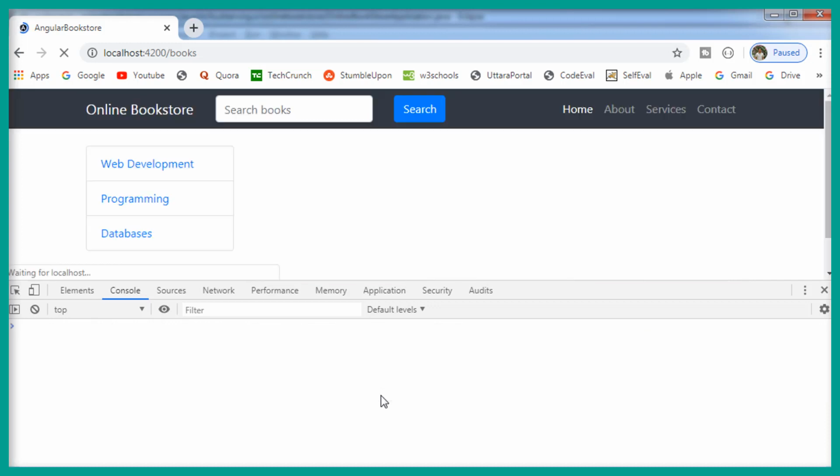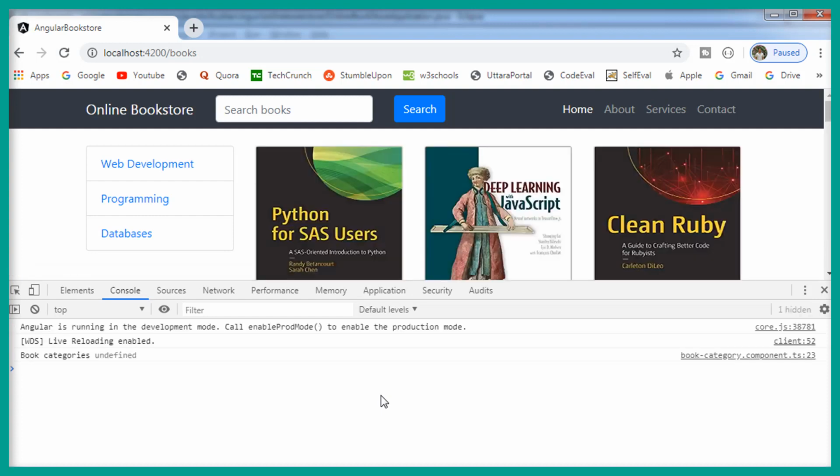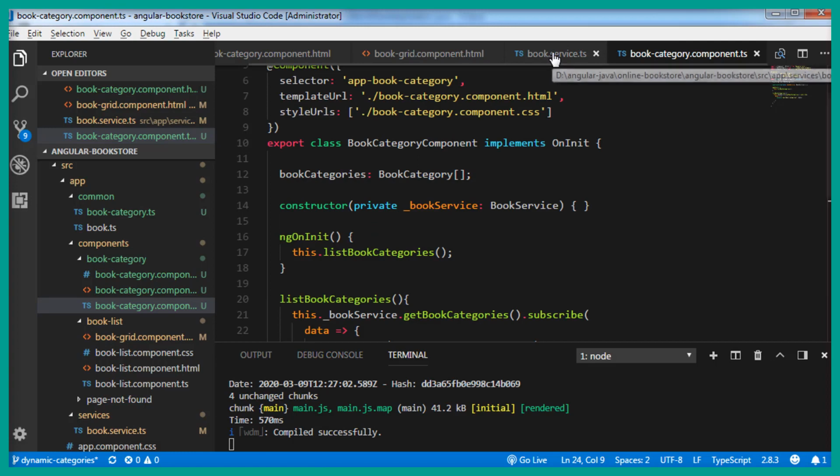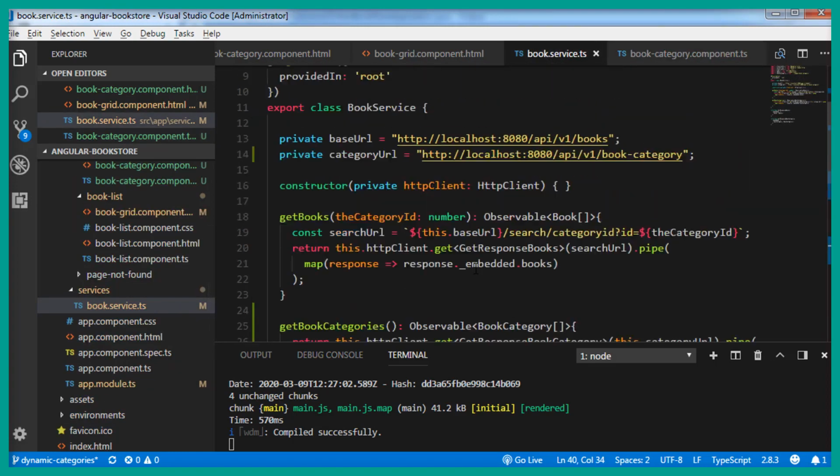We should expect the categories in the console. And you can see we are getting the book categories undefined. Something went wrong with our application. Let's figure it out. Let's go back to Visual Studio Code, and first let's copy the REST URL.